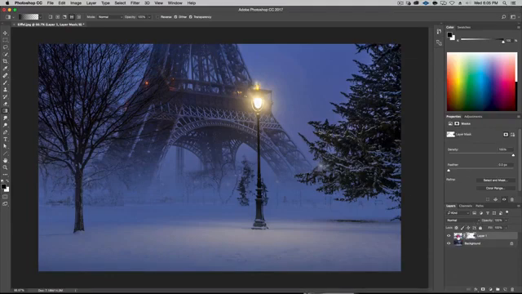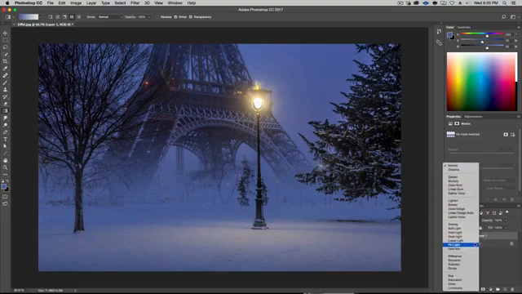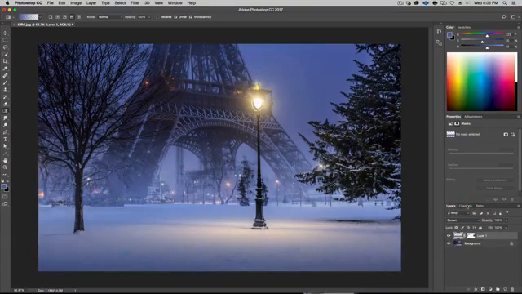And what we want to do with this layer is, let's try something like screen. That'll be a little bit better. That way, what it does, screen really just lightens, and it keeps some of that transparency. So you can see, before we added that, after we added that. And I think 50% would be better. We don't want it too strong. Well, actually, kind of prefer it stronger. For now, let's leave it strong, okay?